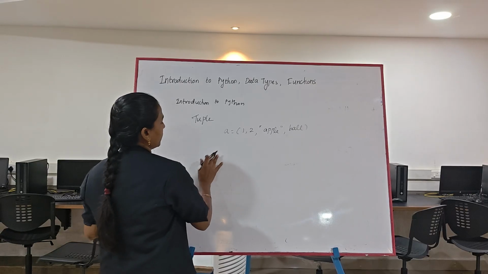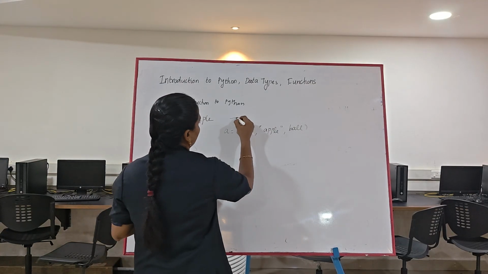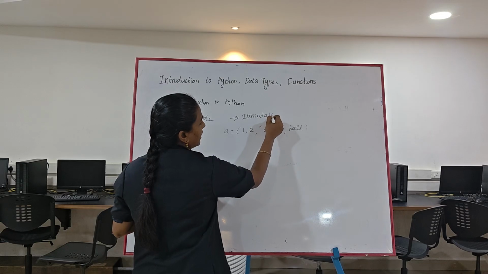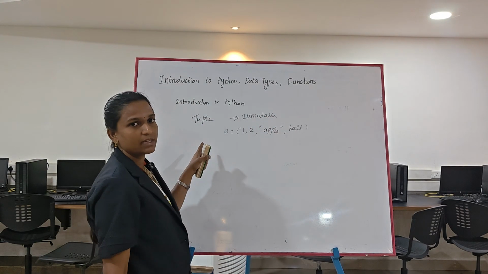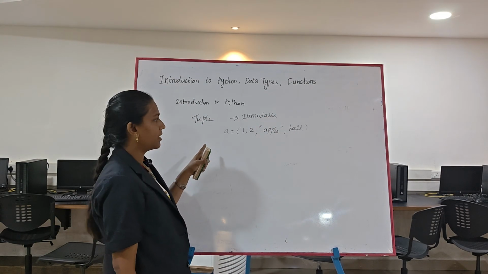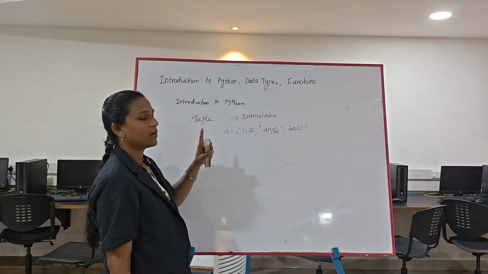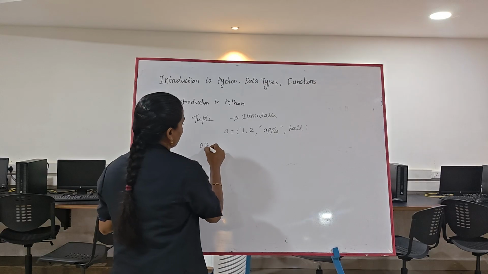Here also, regarding the operations of a tuple, a tuple is immutable. So once we have created it, we can't insert an element, edit, or remove an element. But a list, once we have created it, we can change it. Here we can't change it. Here the operations of tuples are